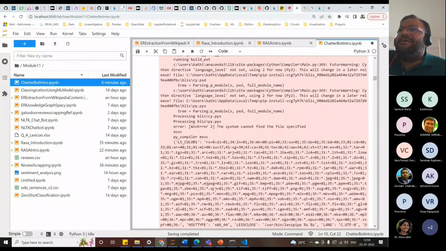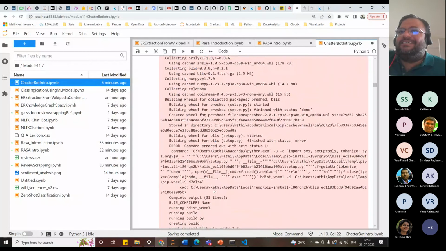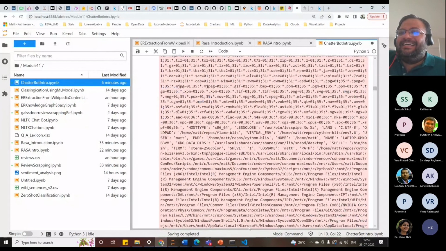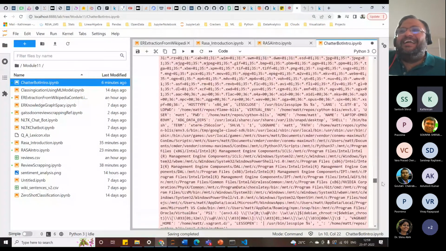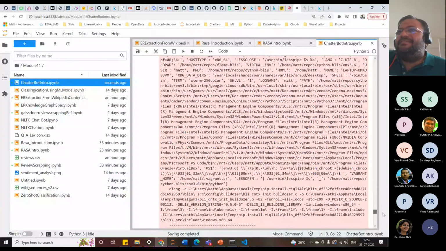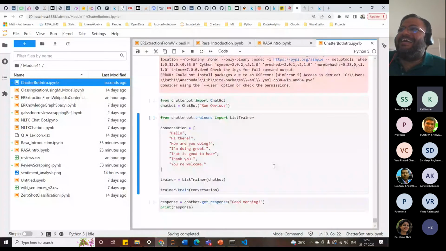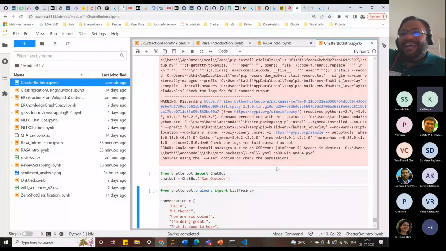My God, it's like 5 pages of issues. Go to the end. Wow. You can do text mining on this as well.